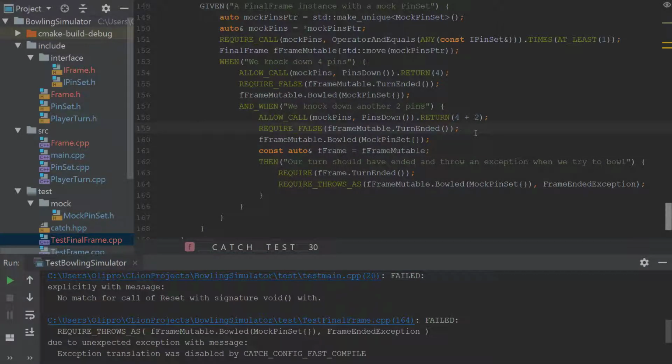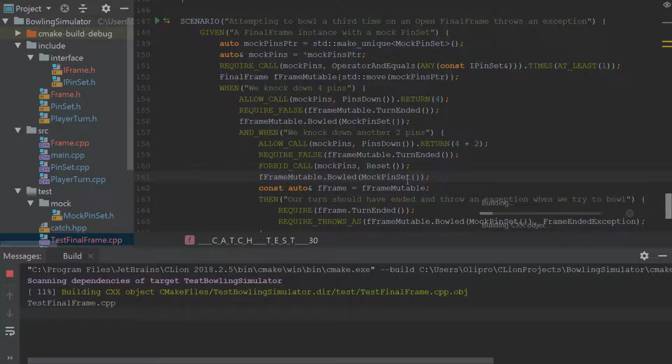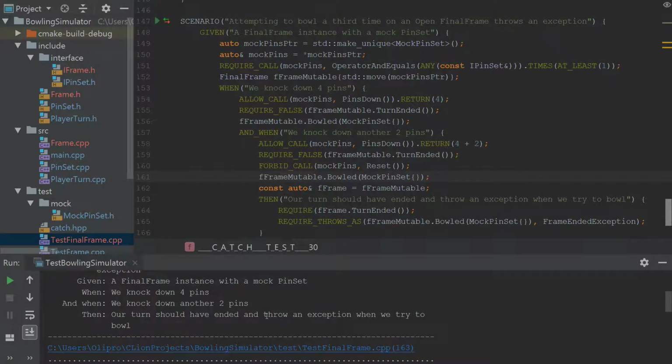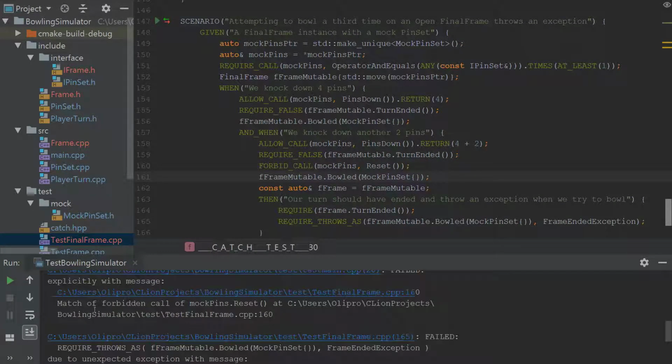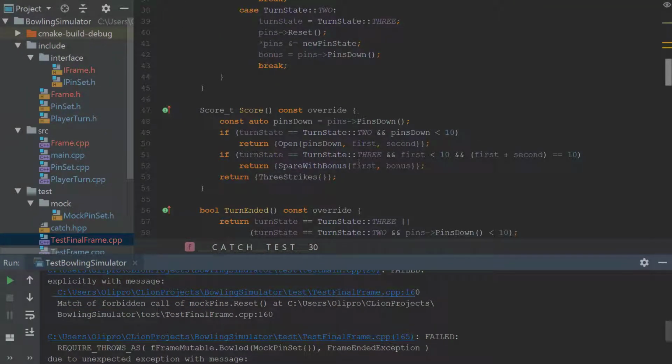So you can say... so now it will actually explicitly fail. It should not accept things. Match of forbidden. Cool. Excellent. So now,